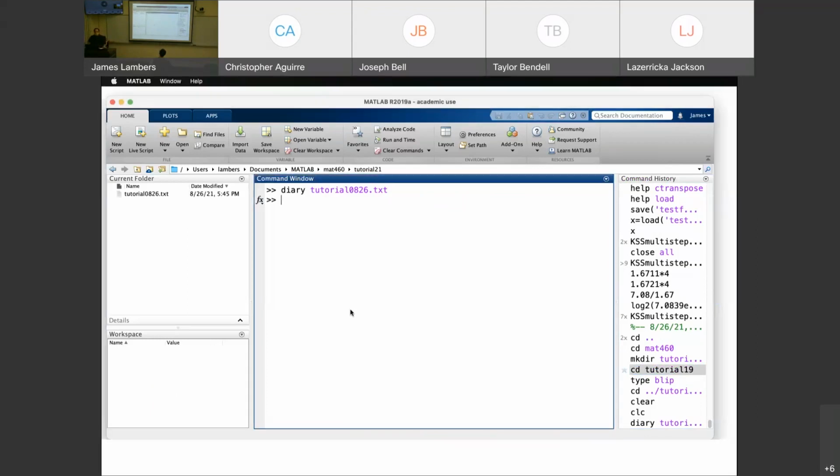So that's the first useful command, diary. Another useful command is, well, the help command. If you just do help by itself,